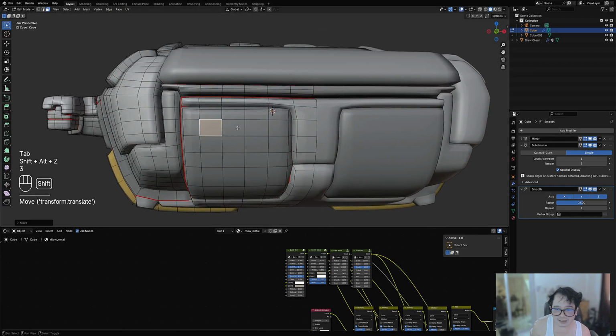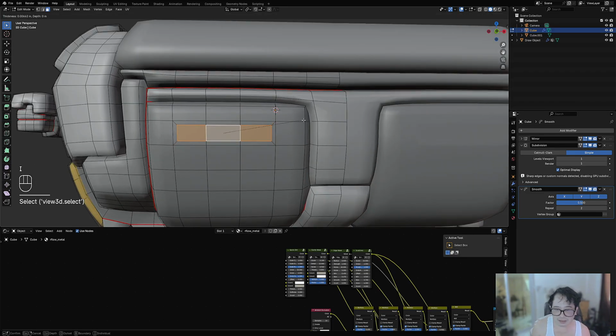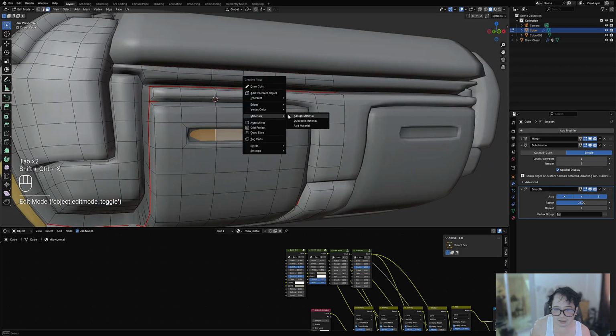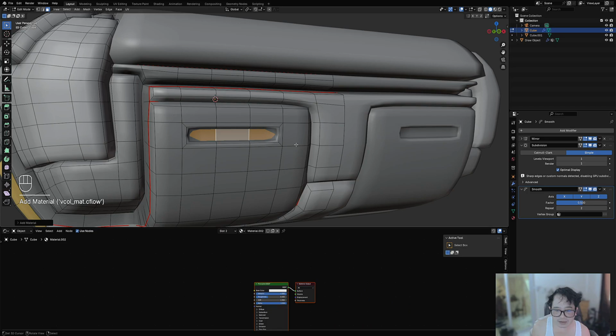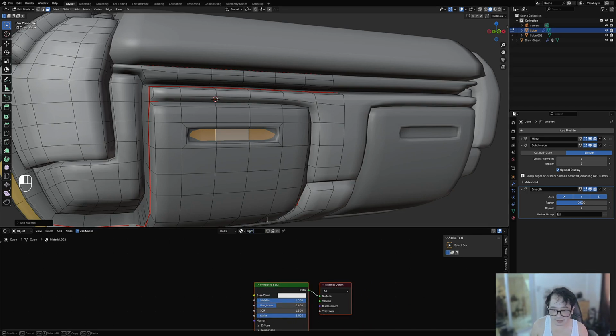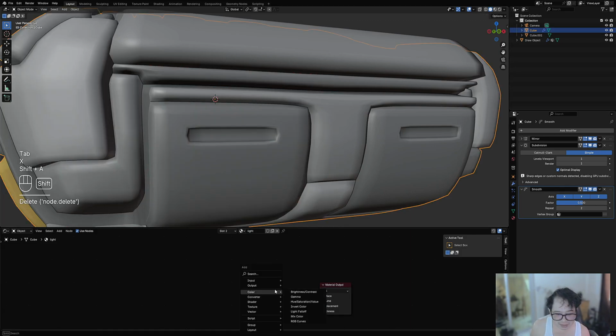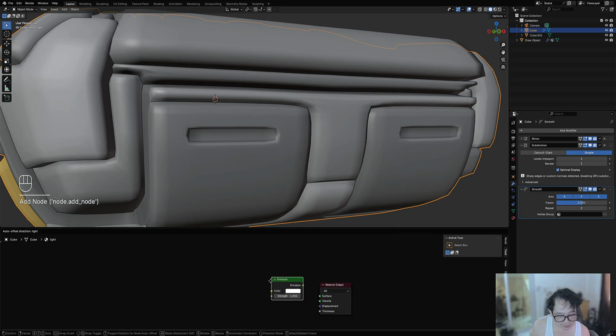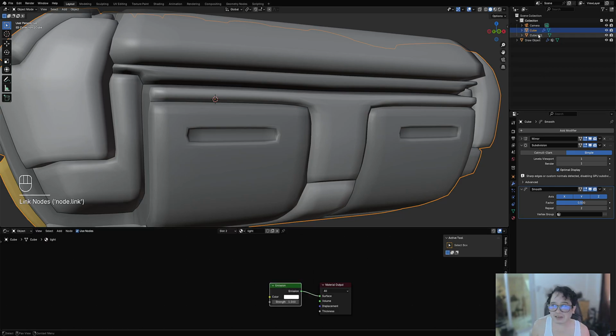Okay, let's make the lights. You can just use this one here. Add. You should name your material, by the way. Name it when you create it. So I didn't name the other materials, but just name it when you make it. So that's the rule. So you don't end up with like material 001, material 002,